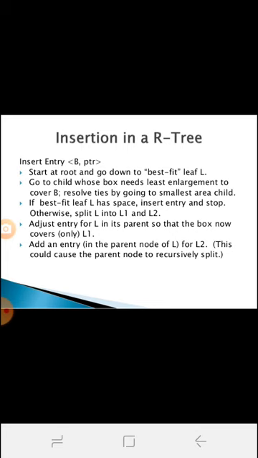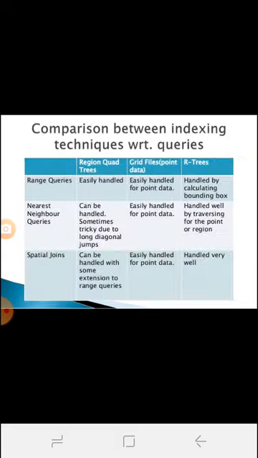Starting from the root node, we insert using the best fit method, going to the child box that needs the least enlargement to cover B. Then comparison between indexing techniques and queries: region quad trees, grid files, then R trees. Of these three, the R tree is the best one.